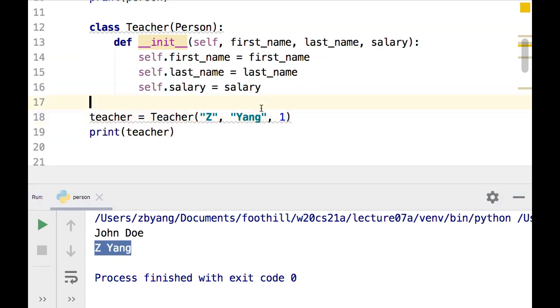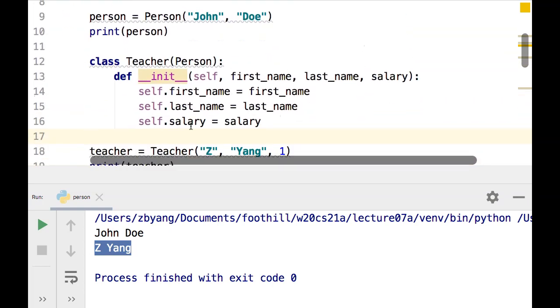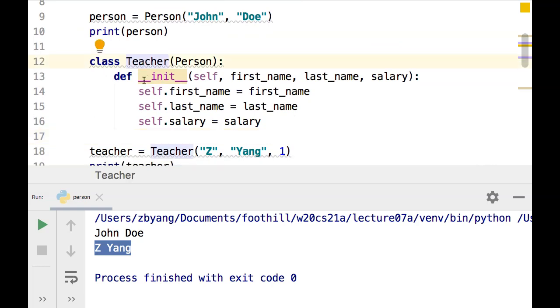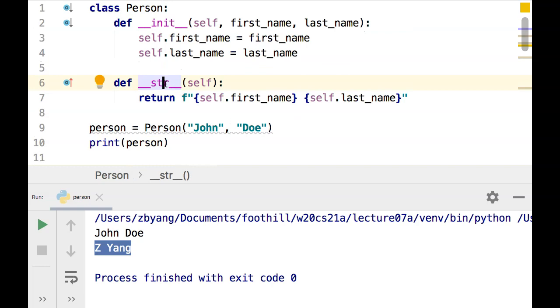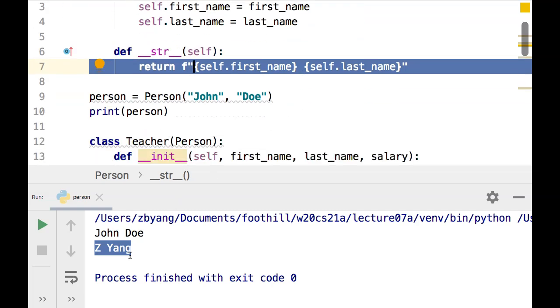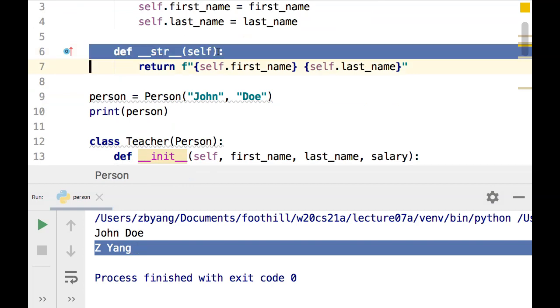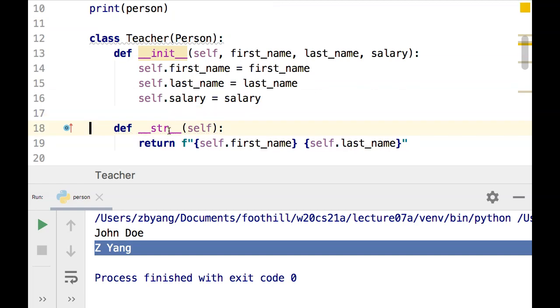And the reason it just prints out the name is it tries to call the string method for a teacher. Well, the teacher doesn't define a dunder string method, so it goes to the base class of teacher, which does define a dunder string method. For that one, it only prints out the first name and the last name, and that's all we see here. Now, in order to print out also the salary, we would have to define, or redefine, or override the string method and maybe add the salary